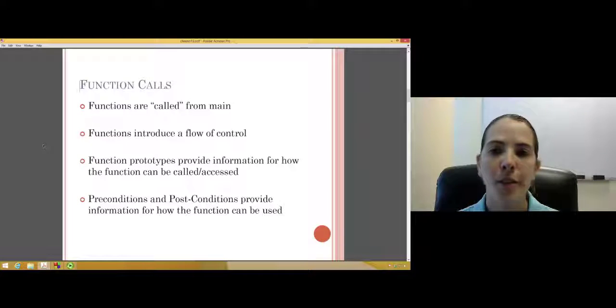So here's some general information about functions. Functions are called from main, which introduces a flow of control. Main's the only function automatically called from the compiler, so everything's going to start in main. Main can then call functions, which passes control from main to that function. Functions can also call other functions, in which case they pass control to the new function being called, sometimes called a callee or a child function. When functions end, they return control to the parent function or the caller function, so the control ultimately ends up